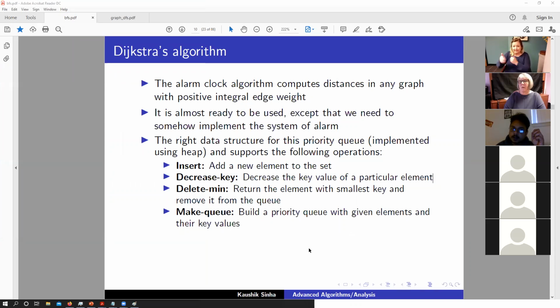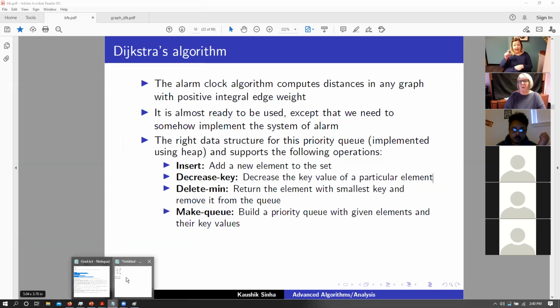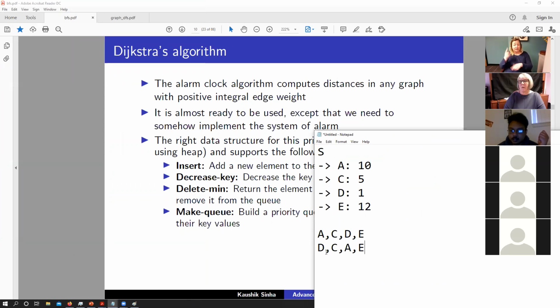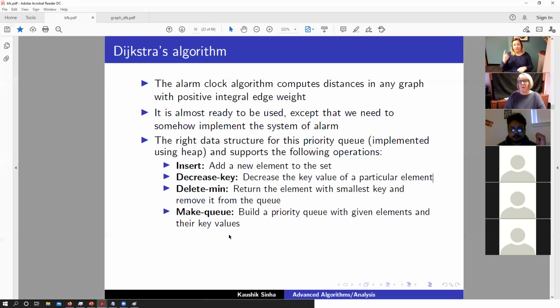Thirdly, we should be able to find out the vertex with the minimum value, so as to not say pop, but basically eject it from the queue, because now we are going to eject it in terms of the distance to that particular vertex. So in this scenario, D would be ejected first because D has the minimum value, right? And also given a set of vertices, we should also be able to build this priority queue with as little time complexity as possible.